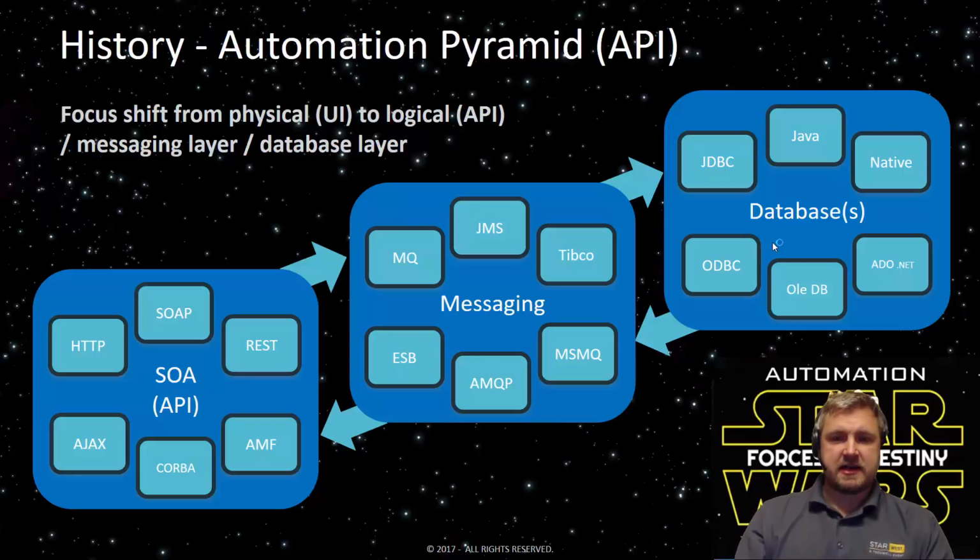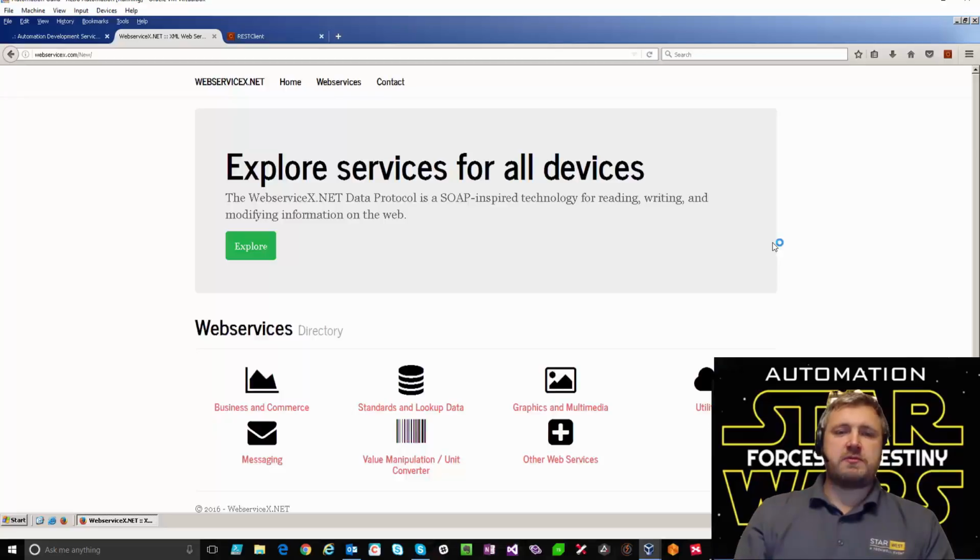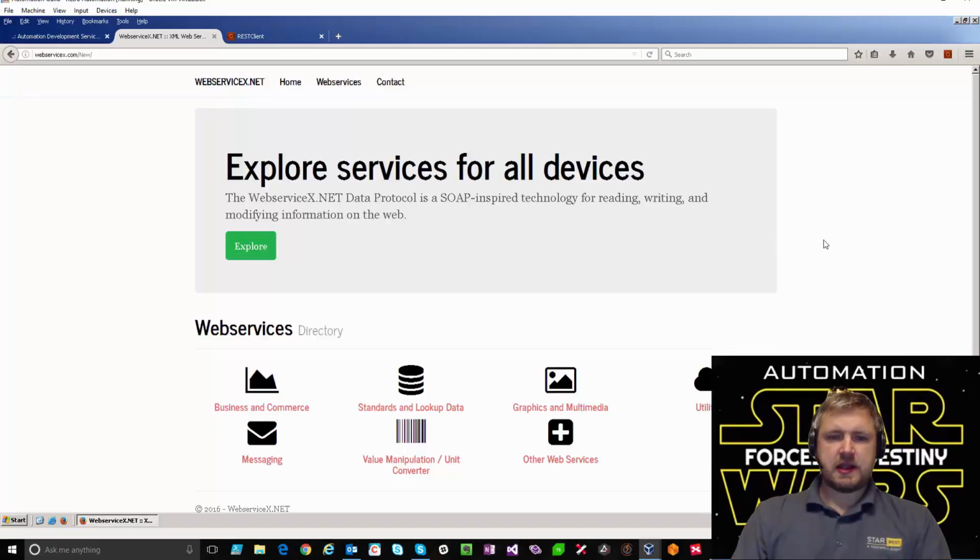At this point in time, I was lucky enough to be working with one of the leading guys in this area who built a website called Web Service X, a guy called Walter. He was a Microsoft MVP, and his examples were in a number of Microsoft training books around this service-orientated architecture.